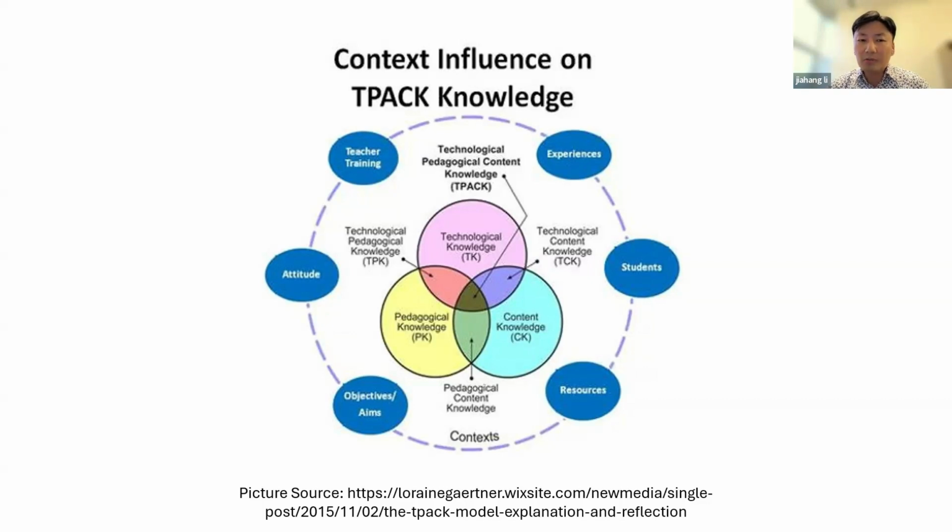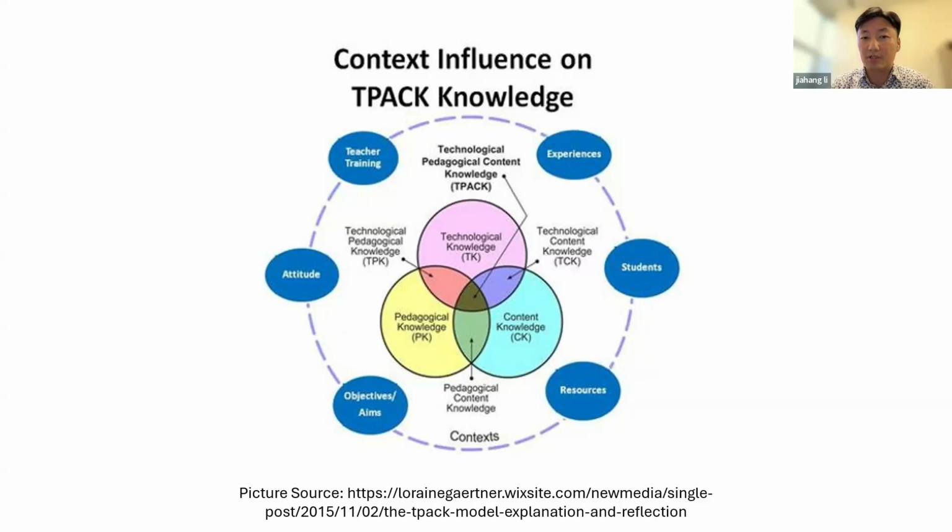When teachers are trying to utilize all this knowledge together to design a lesson to teach in a certain setting, we have to consider a lot of contextual factors, like the teacher's beliefs about using certain technology, teachers' attitudes towards this, instructional approaches, the resources available, the lack of teacher training, prior experiences.